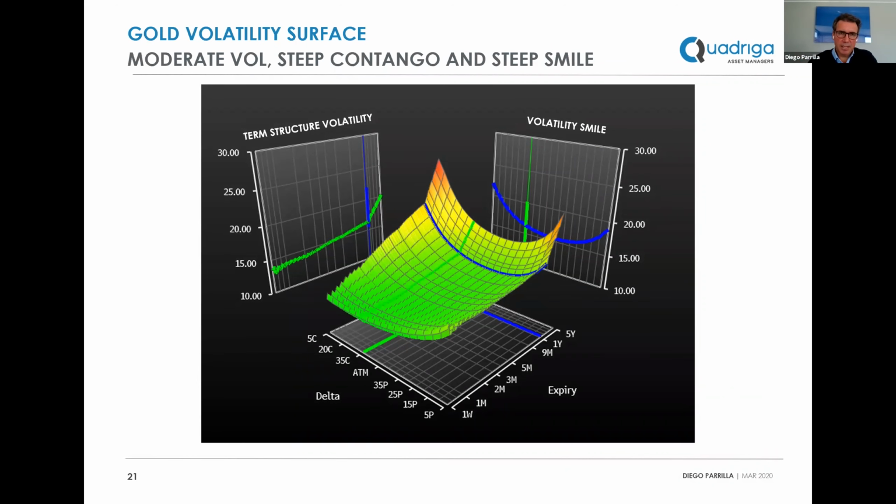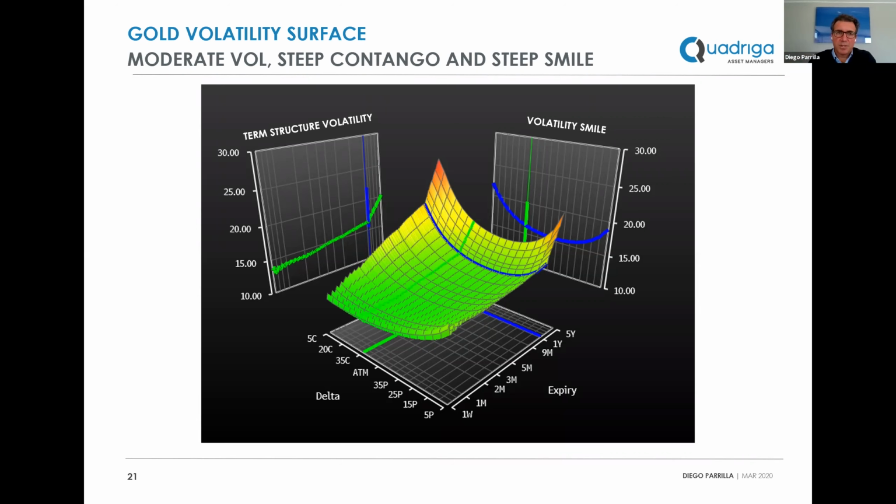Starting with gold, we see that this is a volatility surface. For those who are not familiar, on the vertical axis we have volatility, and then you have two horizontal axes. One, on the right-hand side, you see the term structure, the expiry, the horizon of the option. On the left-hand side, you see the moneyness, so whether the implied volatility refers to an option that is at the money, at the current forward price, or